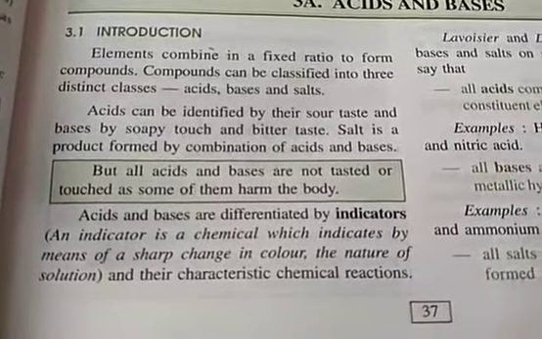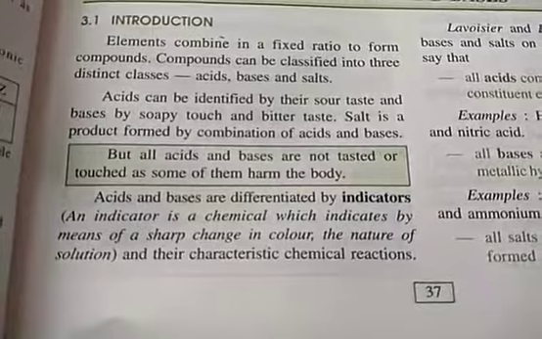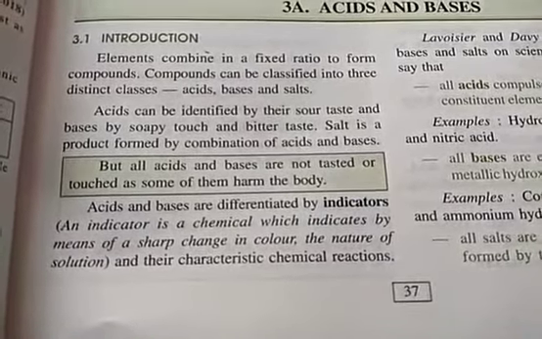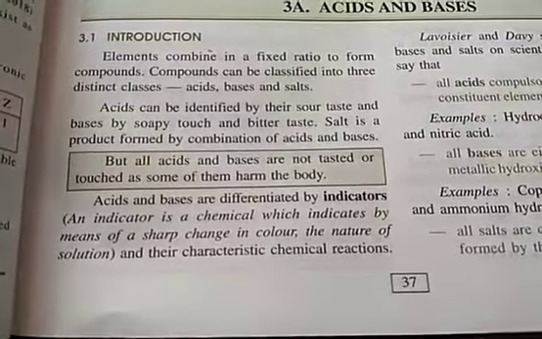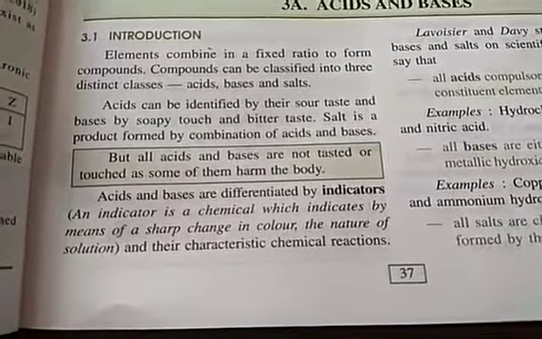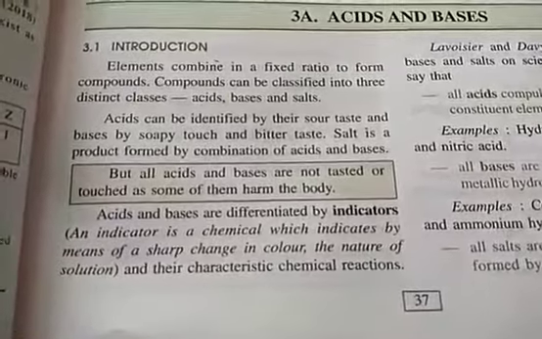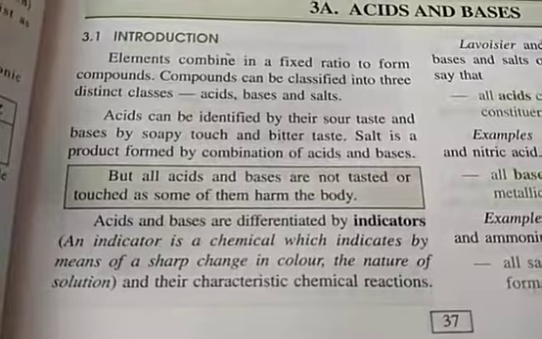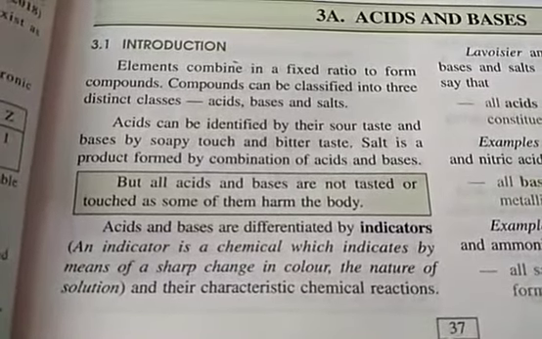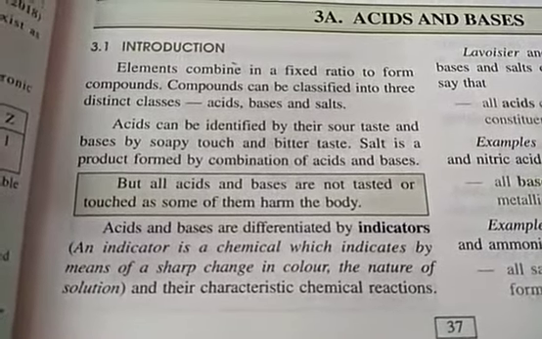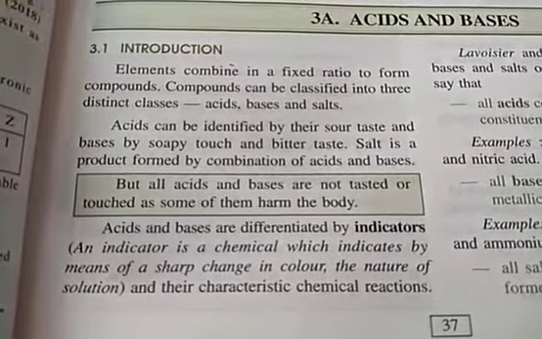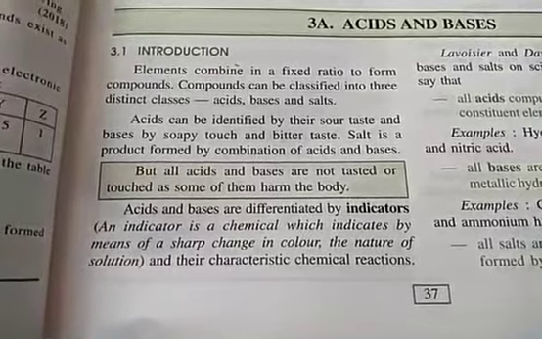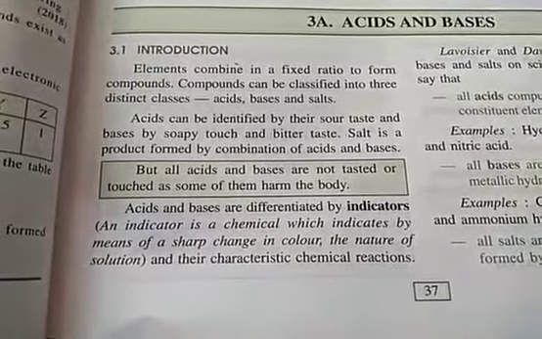So if you remember that during your practicals you were using either pH paper or the litmus paper to identify if the given solution is an acid or base. So you can say that the pH paper or litmus paper, they are a sort of indicators. And students, we have so many indicators like phenolphthalein, methyl orange. With the help of these solutions, we can identify the acids or bases.